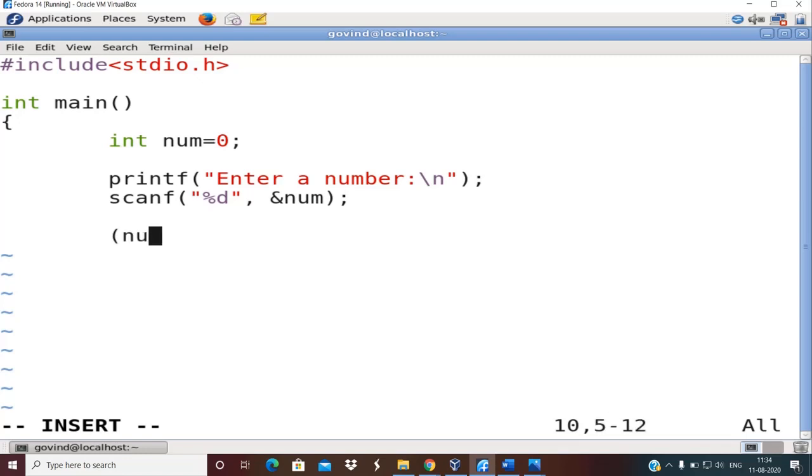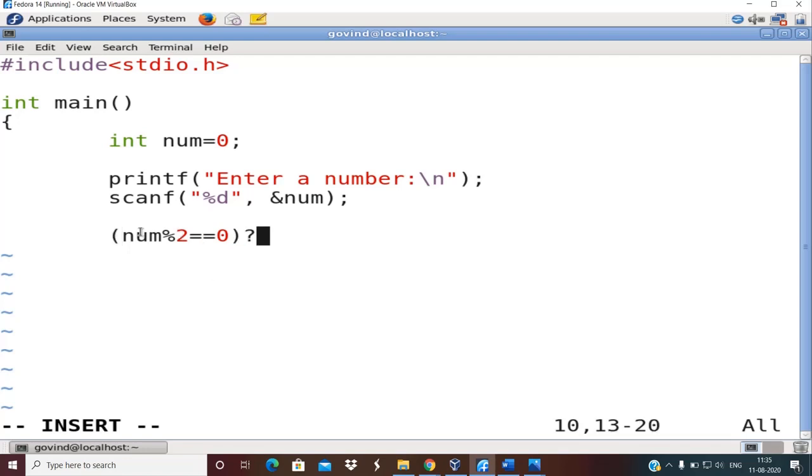It is like this. Num, I want to get the remainder, so I'm going to use the mod operator. Is num mod 2 0? How do I check for equality? Just now I have introduced you the relation operator. To check equality, you need to use double equal to. You just need to check whether, if you divide this number with 2 and check the remainder, it is 0. If this is the case, it means that number is even.